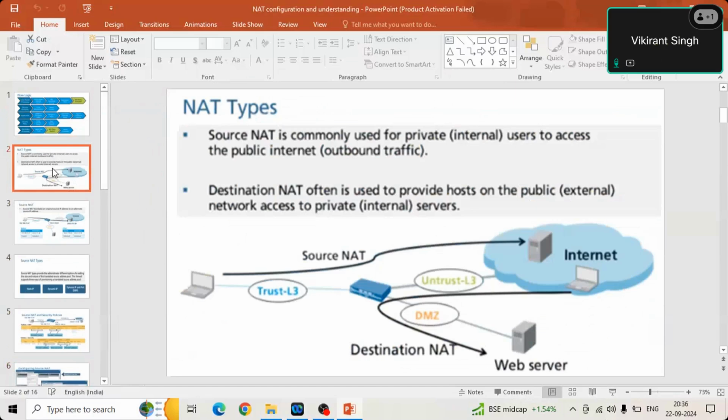We can understand it this way: we have multiple IPs in the LAN network, but we do not have multiple public IPs because it is very costly. If you go to the ISP and ask for public IPs, it will cost you a lot. So you only have one public IP that has to be converted to allow access from the NAT to all your LAN network. That is why we need to have it.